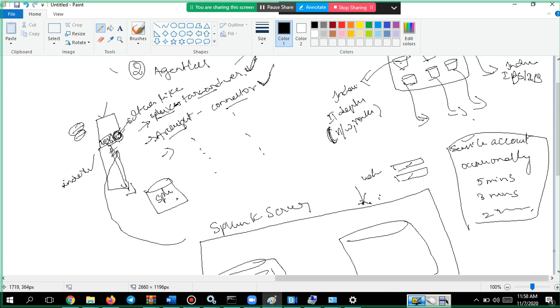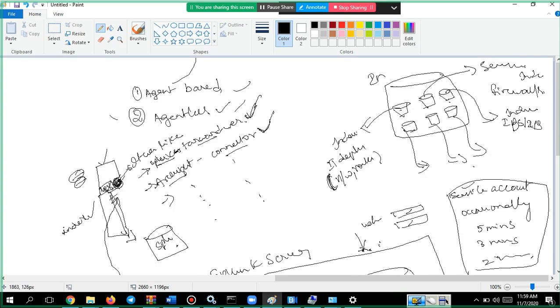Did you install any agent here now? No. Splunk is just going and pulling the logs from that location and storing them here in the index. This is called agentless. If someone asks you in the interview what is meant by agent based, you should give the first example where you install the Splunk forwarder and send the logs to the Splunk server, where the indexes are present.